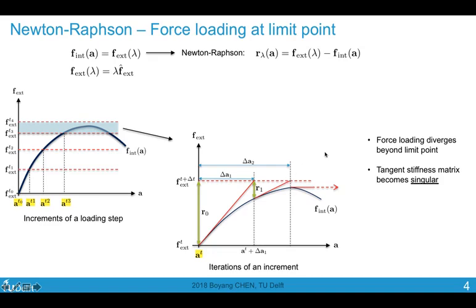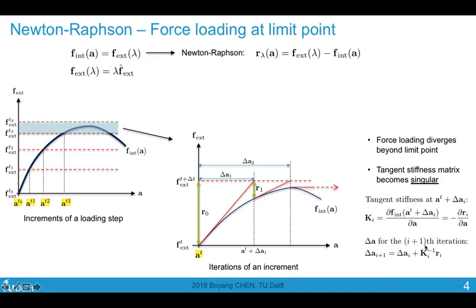Mathematically, this is because the tangent stiffness matrix, geometrically represented by the tangent of this equilibrium path, becomes zero. So when we calculate the tangent, if we have a point with a flat gradient, then k here is zero. And when we calculate the correction to the incremental solution, this term becomes undefined,